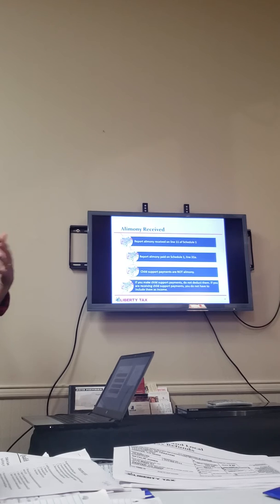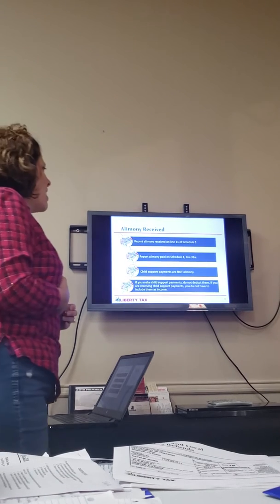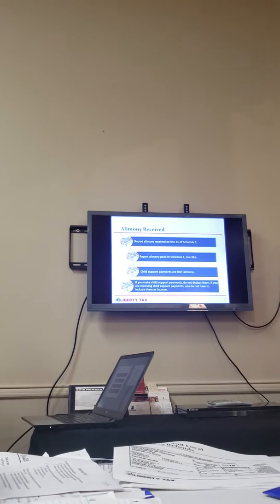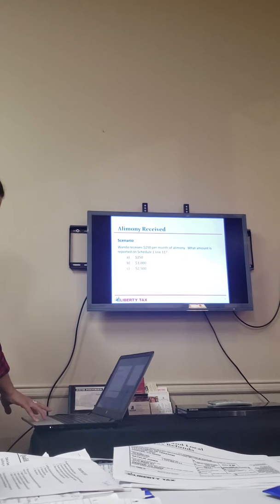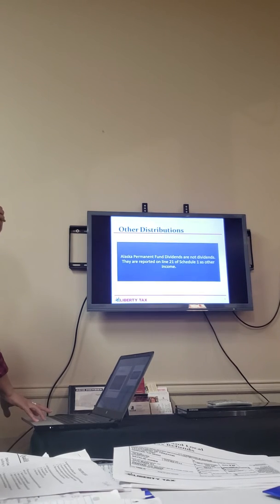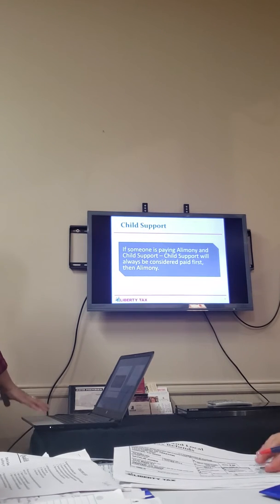For years, if you got a settlement of alimony in a divorce or what have you, you did not have to pay taxes on it, and now you do. You have to claim it as income, because it's considered alimony maintenance, because it's really paid to the spouse. So now you are taxed on alimony, but you are not taxed on child support. Likewise, if someone comes in just on that child support,